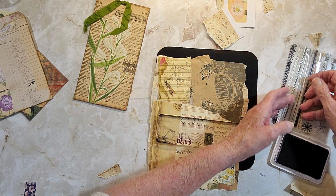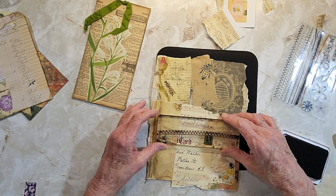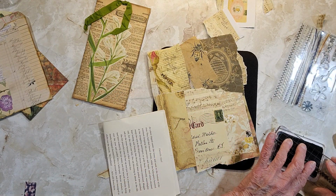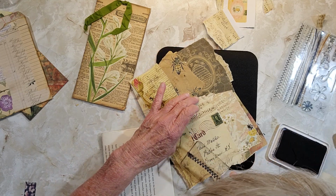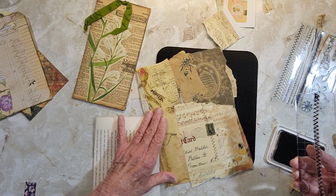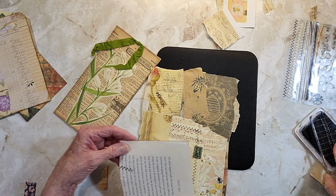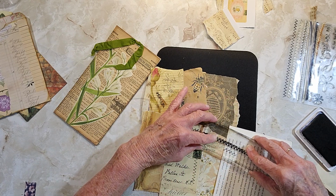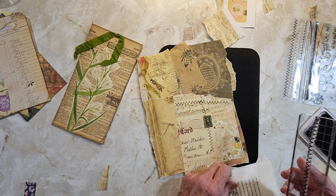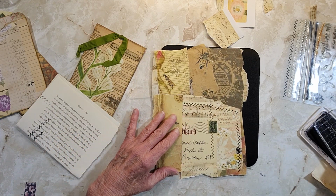And here's this. I think I'll just use my zigzag to start. And I will need something to mask with. Okay, so just start right about there. Okay, and